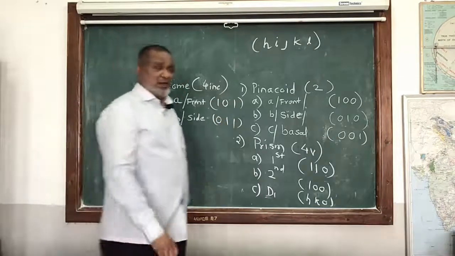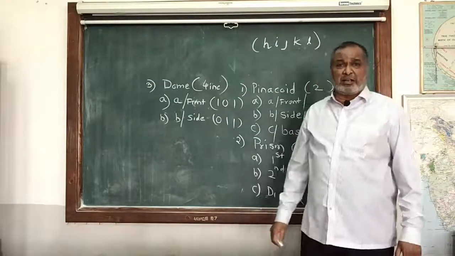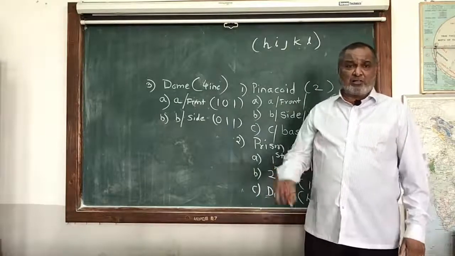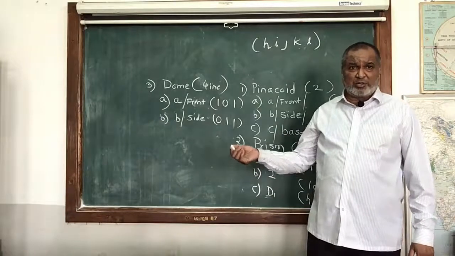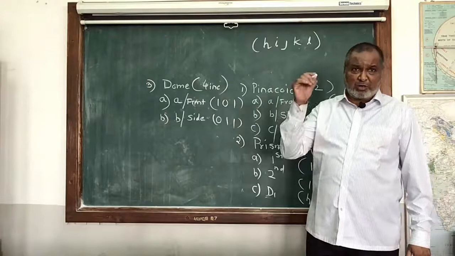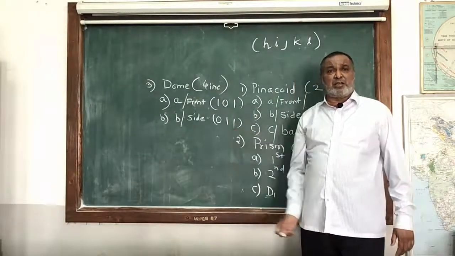So how are you going to write down the definition of the dome? It consists of 4 similar inclined faces. The index face is going to cut one of the horizontal axes and remain parallel to the other horizontal axis. It is going to cut the A axis, or one of the horizontal axes, and the C axis, and remain parallel to the other horizontal axis.